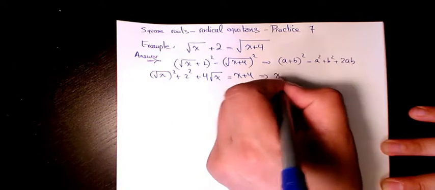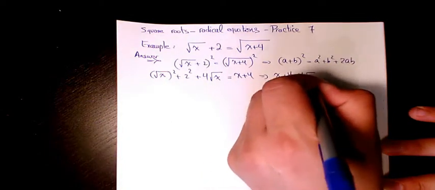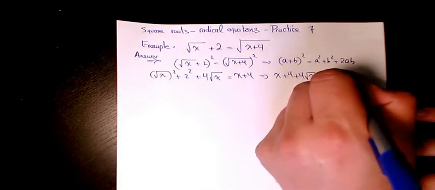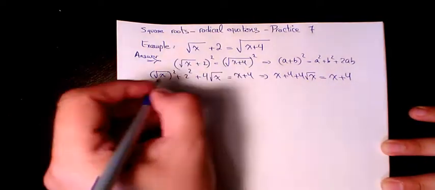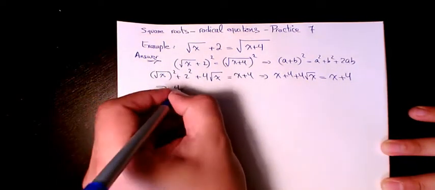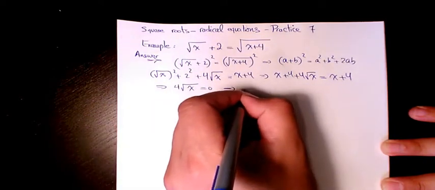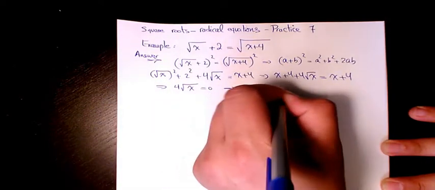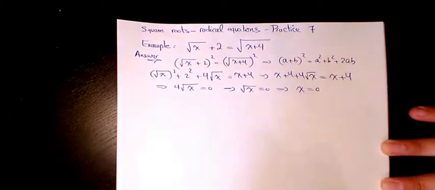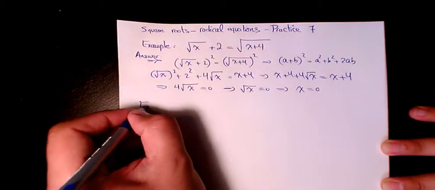Then we have x plus 4 plus 4 root x equals x plus 4. X plus 4 and x plus 4 cancel out, and we will have 4 root x equals 0. Then we can say that root x equals 0. Then we can say x will be equal to 0. Next example,